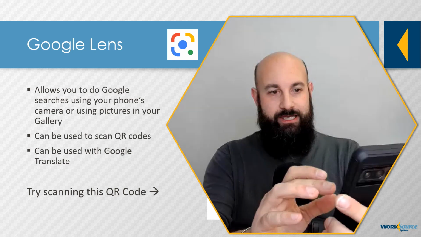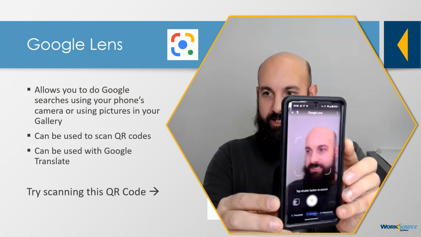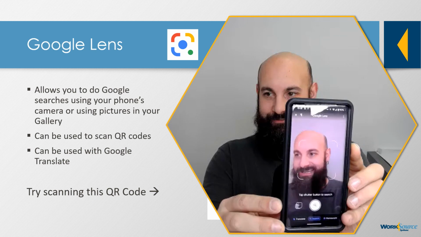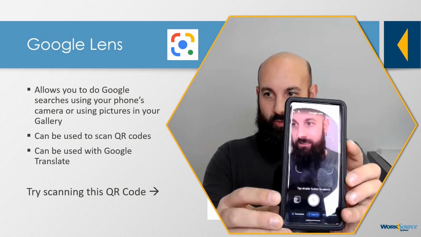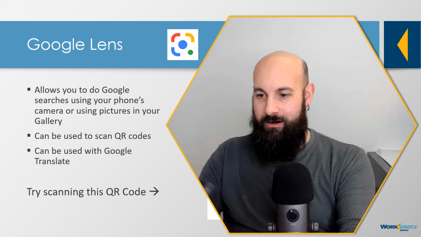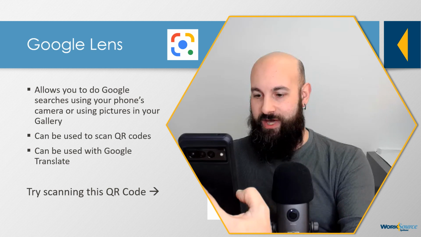And you can see here it says search with your camera. So I'm just going to swipe down here and we can see it's giving me this option, search with my camera. And you can see that it's activating my camera. And within my camera, I have this kind of little white square that you see there. Now, if I were to take that square and frame the QR code with that square